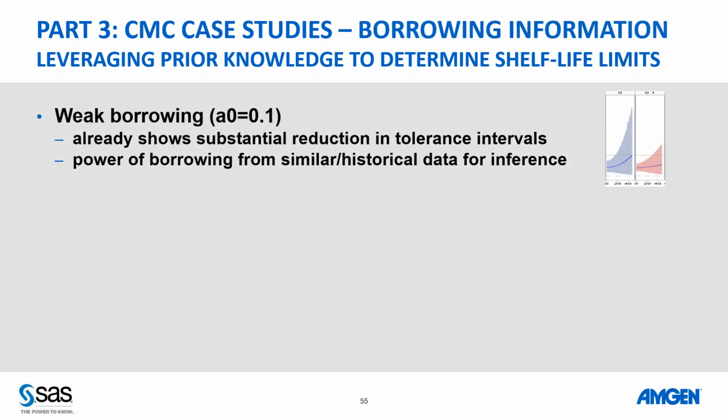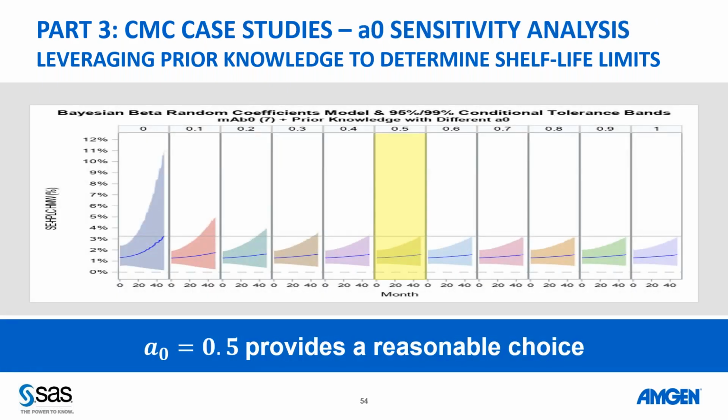There's always a big discussion on what is the correct way to pick this A0, or whether A0 should be considered as a random parameter that can be estimated by the data. There are different ways of doing it. We didn't go through the exercise. One can use a model fitting selection criterion like the DIC to tell what would be a good A0 value to use.